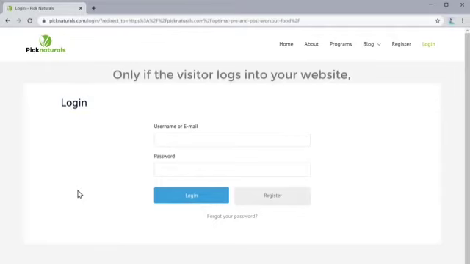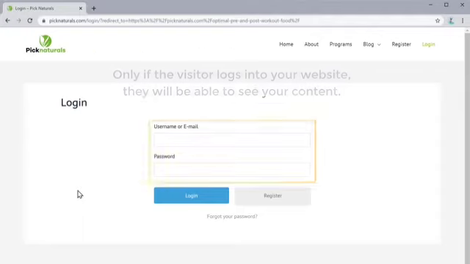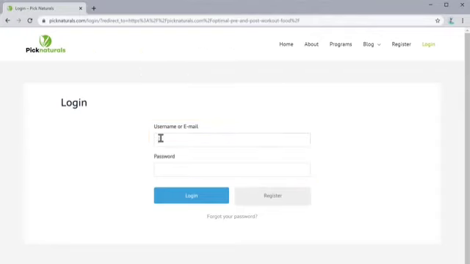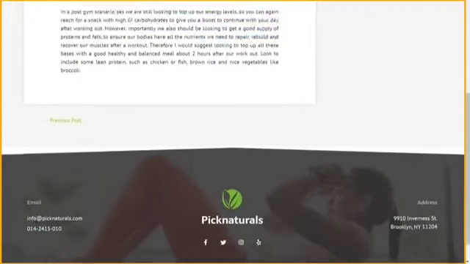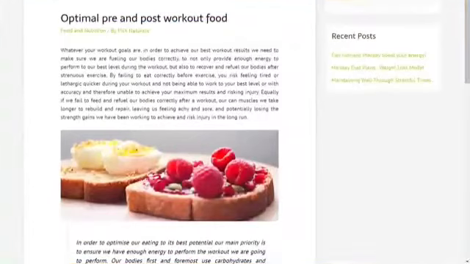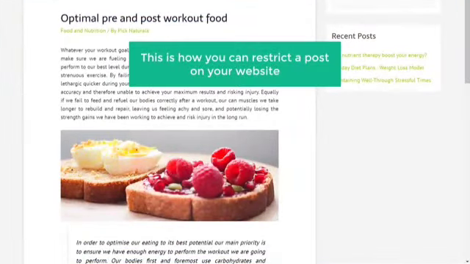So now, only if the visitor logs into your website, they will be able to see your content. Now if they enter the details and click Login, you can see that our content is now visible. This is how you can restrict a post on your website.